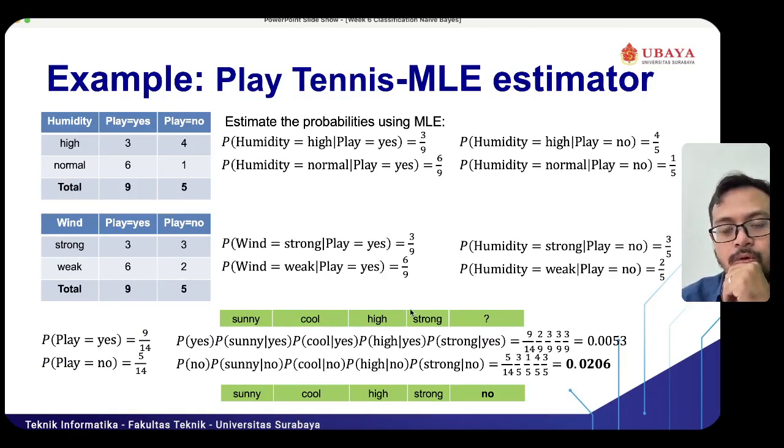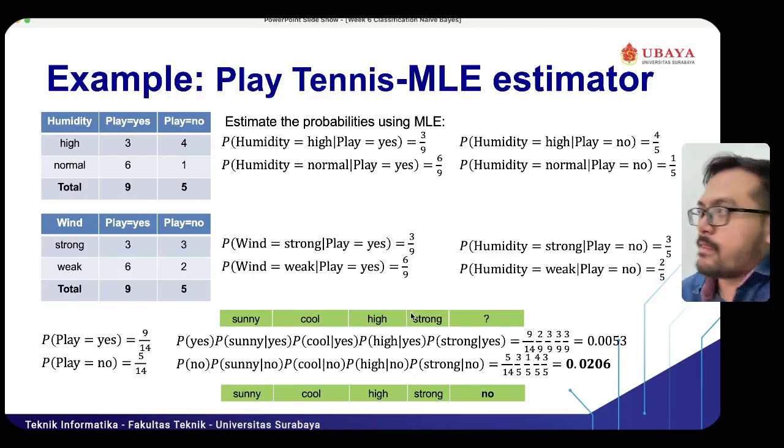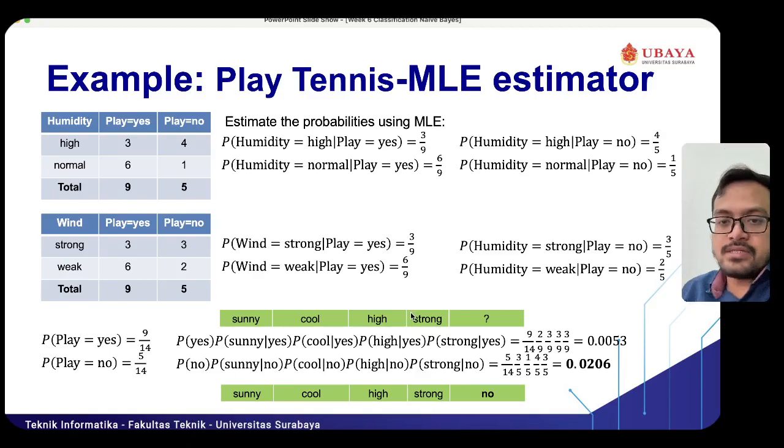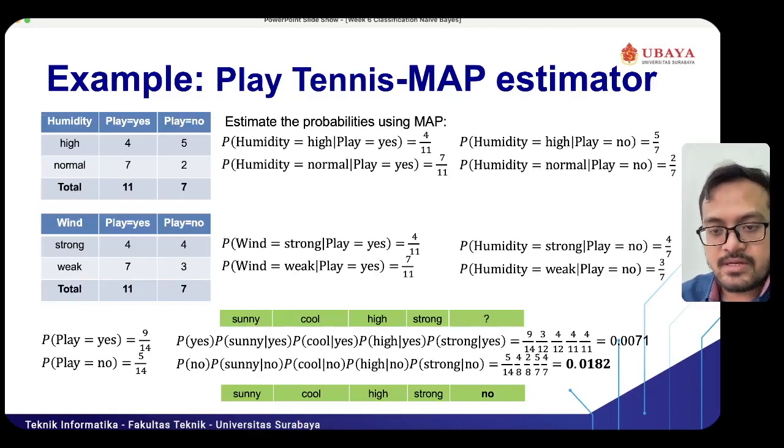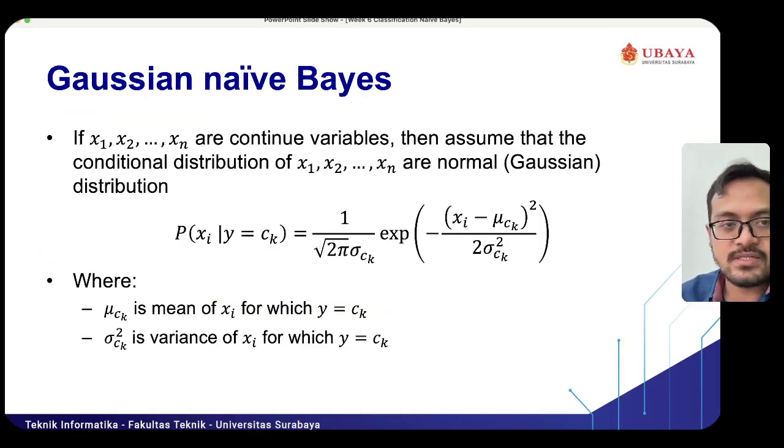Okay, and for the implementation in Python, it is like the KNN algorithm, so we don't need to code from scratch. We can just directly use the library from scikit-learn for implementing the naive Bayes classifier. Okay, I think that is naive Bayes part 1 that I can explain, and we will continue with the next part, which is